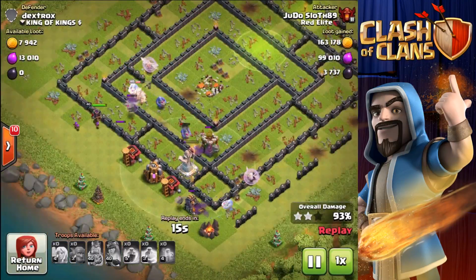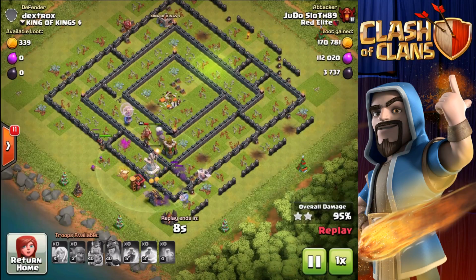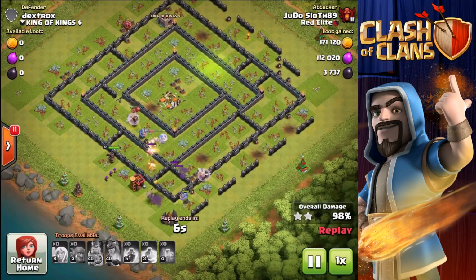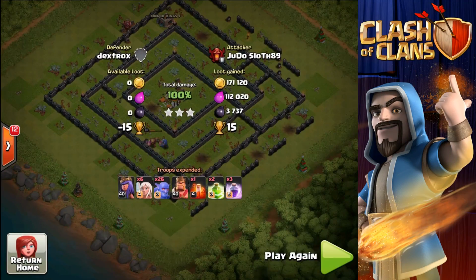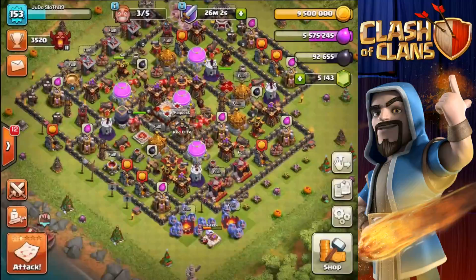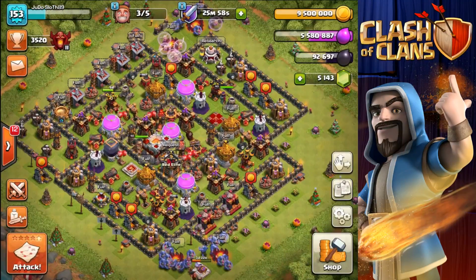Brilliant stuff, and at this point, we know it's going to be a 3-star. So that is the basic premise of the attack. I take 6 healers, 26 ballers, 2 jump spells, 3 rage spells, and a poison spell. You're using the Queen to create a funnel with a couple of healers on one side, couple of ballers with healers on the other side to create a funnel, and then from there, you're pushing your main bulk straight through